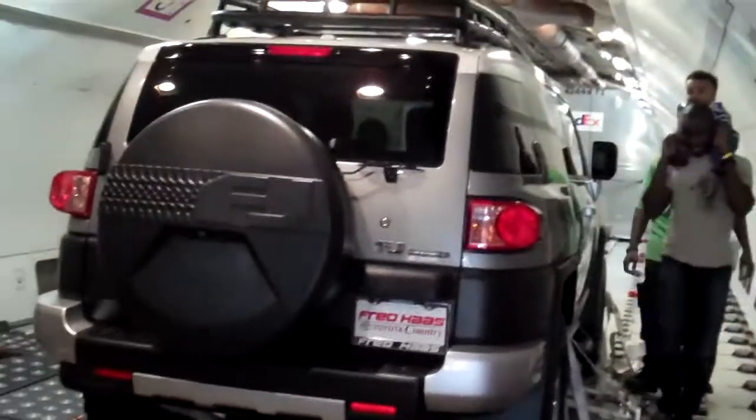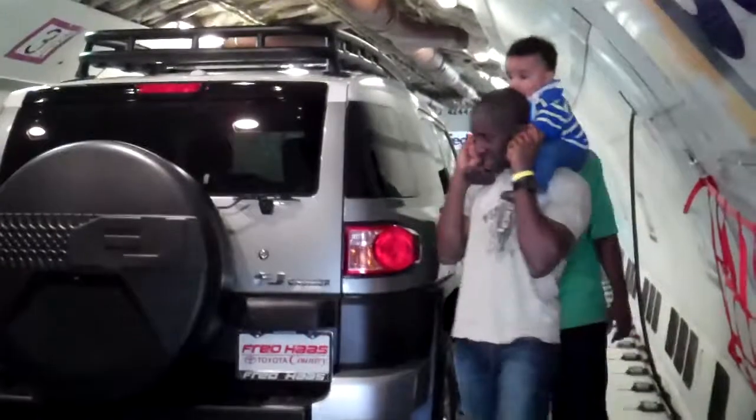I'm going to take a peek here. Look at these. These move so they can roll things into it. Yeah. I've been in